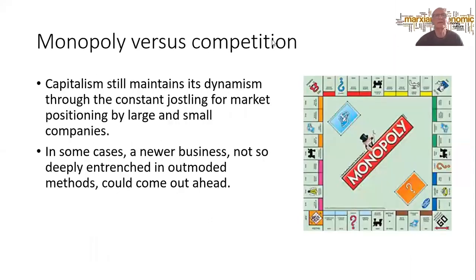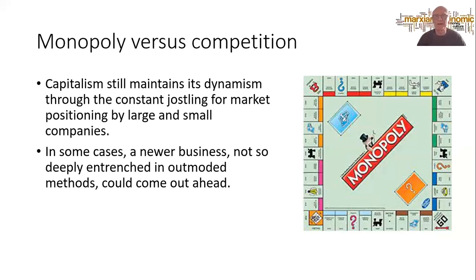Does that mean everything's going to one big monopoly? Well, Marx says, no, not really, because what will happen is that as those big companies become dominant in their sectors, what tends to happen in this process, unless it's completely crushed by these big companies, which is possible, is that new technology, newer businesses can appear and they will outstrip the old monopolies and start to replace them. That is the dynamic part of capitalism.